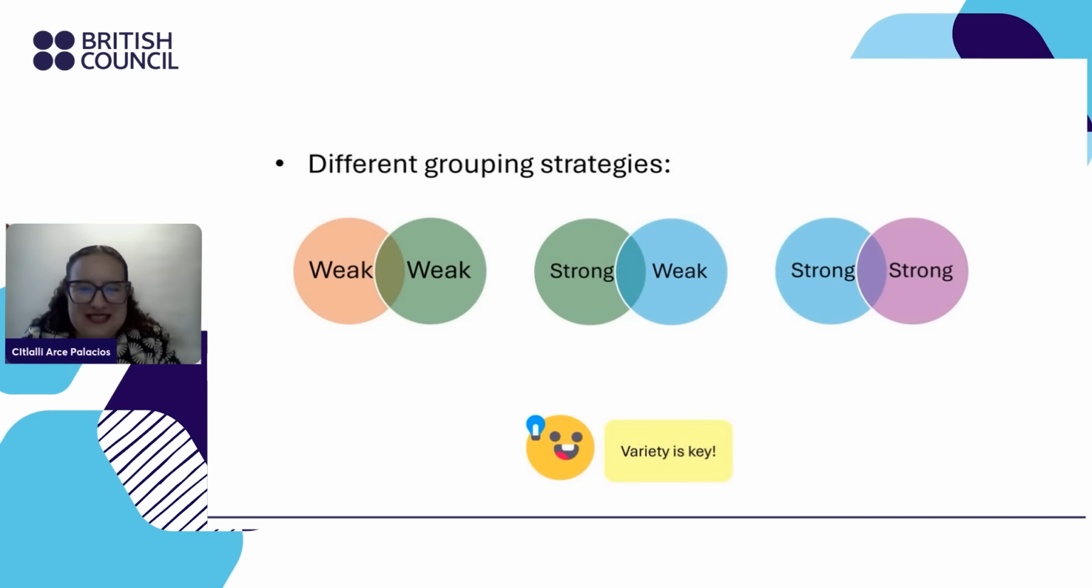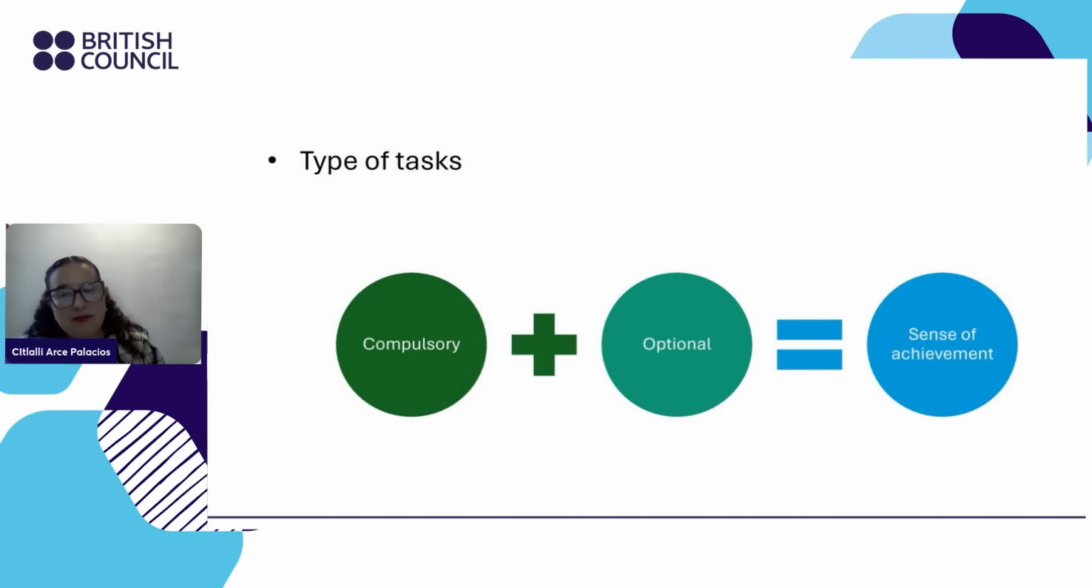Okay, so here we said variety is the key element, so that we can change a lot. And we also provide the opportunity to work with different people. Sometimes we feel safe working with our friends, but we learn more if we interact with other people. Well, the type of tasks, we can also give variety of the type of tasks, thinking about the ones